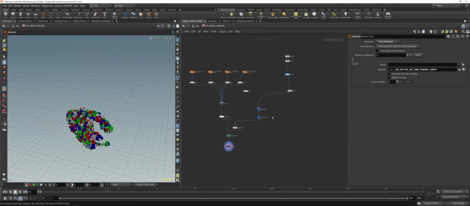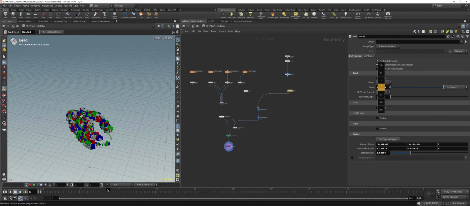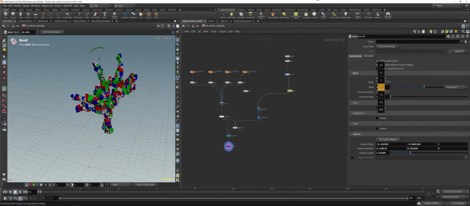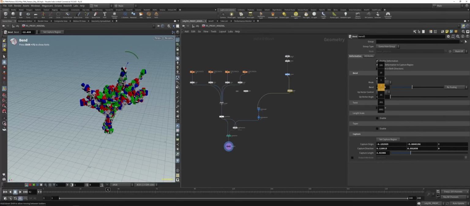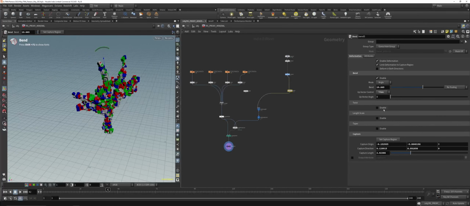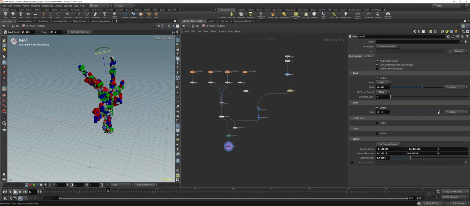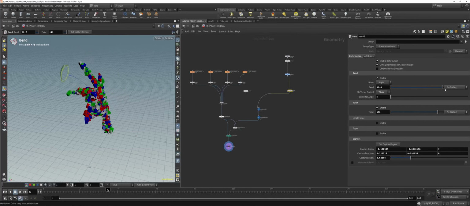When you just pipe it in here and then start to bend it up, for example, it will look pretty cool. Or you can animate it. This is, for example, the bend. What I also like is the twist. So you could use a combination of bending and twisting. So when you go,